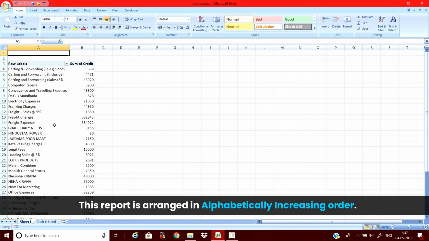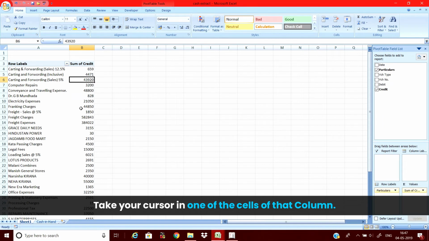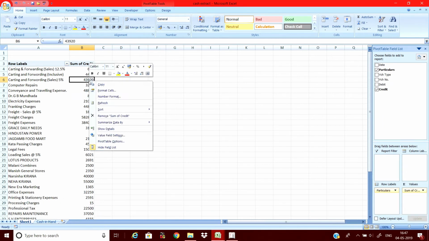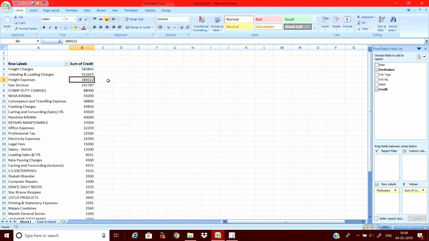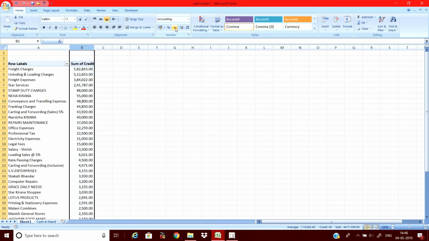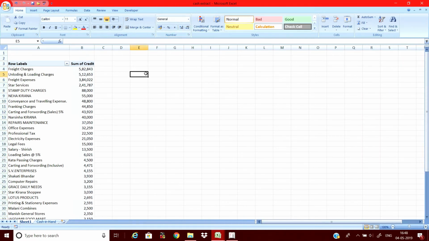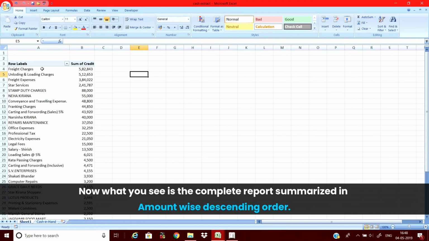This report is arranged alphabetically in increasing order. We want it to be arranged amount wise in decreasing order. So in order to do so, take your cursor in one of the cells and right click, sort, largest to smallest. You can select the column and go with comma style and reduce the decimals so that it becomes easy for you to read this. Now what you see is the entire report is now available in summarized form